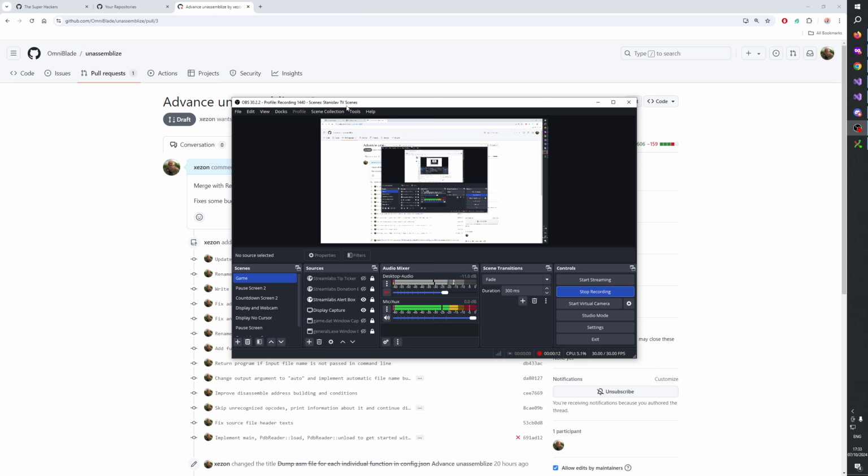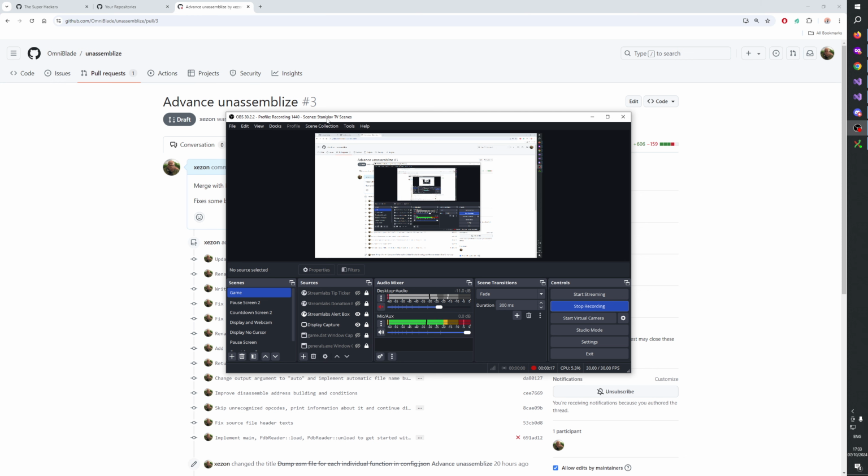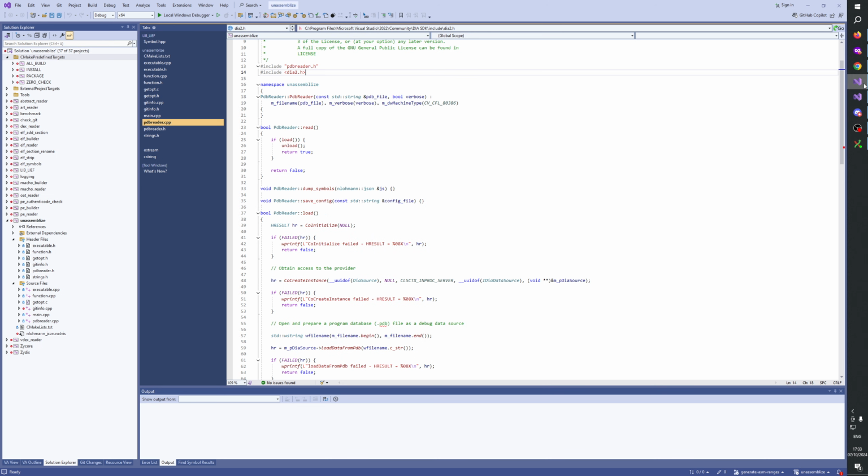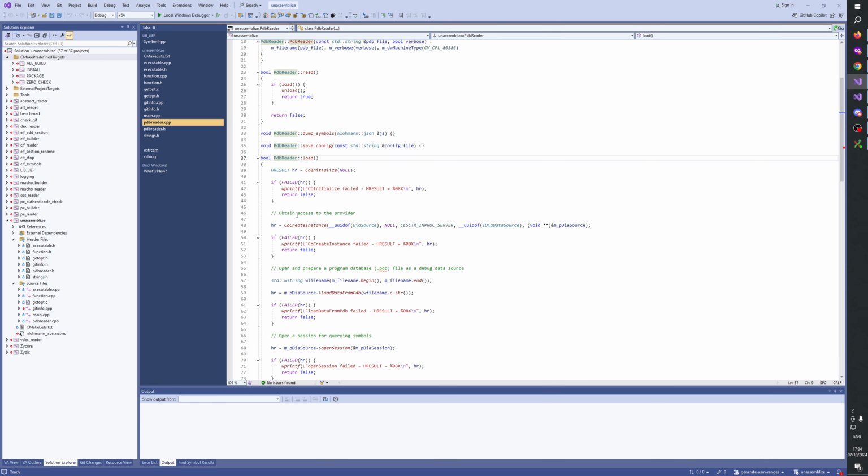Last days we have been starting efforts to continue advancing the tool unassemblize, originally created by Mr. Omniblade. We want to advance the binary matching efforts for Thyme development. So, last video we did progress here with our PDB reader class implementation. What did we want to do? So yeah, we wrote the load function, and we also have an unload function, and I do realize